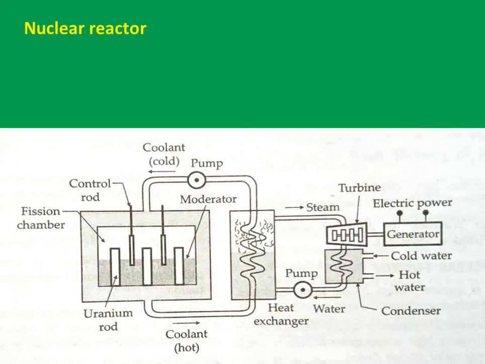So a nuclear reactor is a device which uses the process of nuclear fission, which can be carried out in a sustained or controlled chain reaction. It uses uranium as fuel and gives us products like neutrons, radioisotopes, and heat energy. Steam will also be produced to run turbines, and from there we can produce electricity.